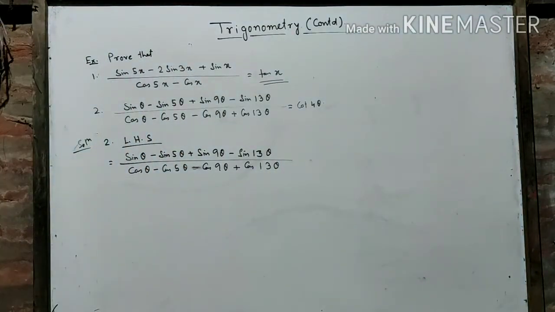Alright, so what to do? The left hand side of the question may contain 2 angles, 3 angles, 4 angles, like that. So whatever it contains, you have to watch the angle on the right hand side. This is the general structure. What is the angle on the right hand side? Right hand side angle is 4 theta. So on the left hand side, you are to arrange those 2 angles. We are to take together those 2 angles which have their sum or difference as the double of the angle on the right hand side.